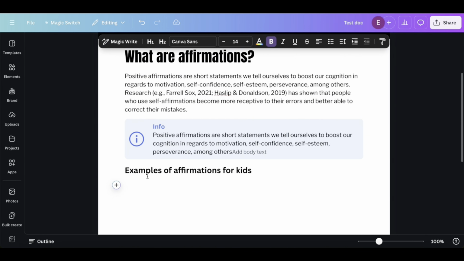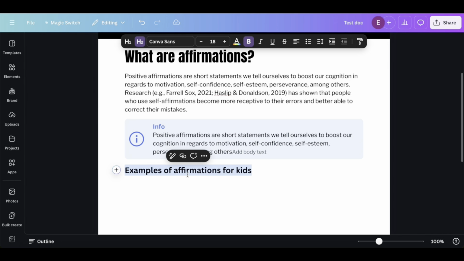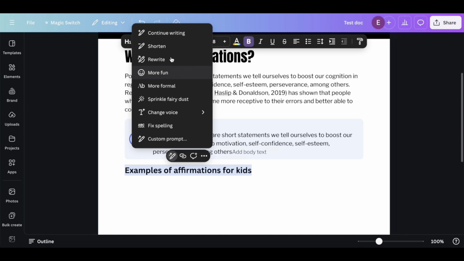But instead of me using a direct prompt to tell it to help me with coming up with affirmations for kids, I will simply highlight the text, and then you can see here the Magic Write icon, click on it and choose continue writing. Of course, you can always use a custom prompt, or you can just click on continue writing,